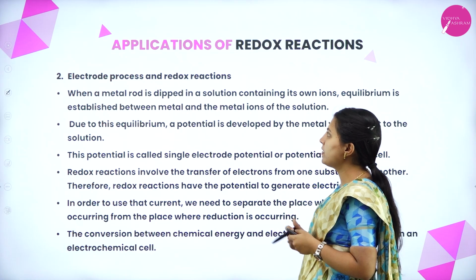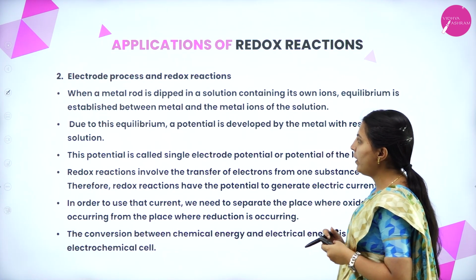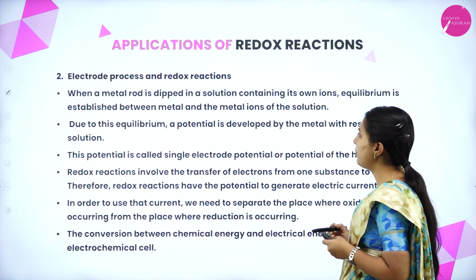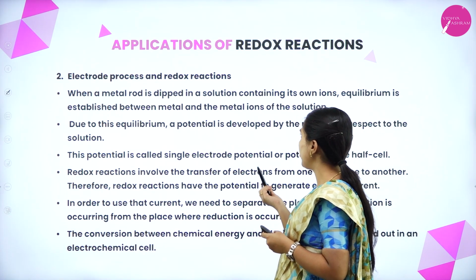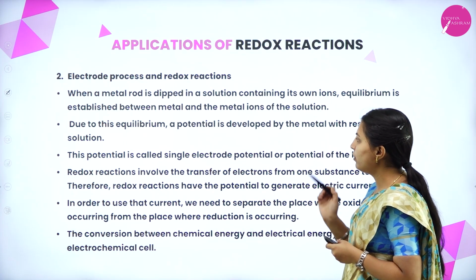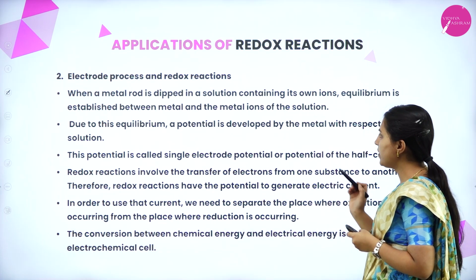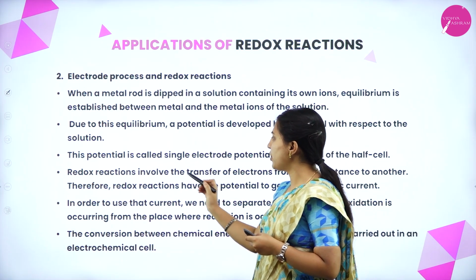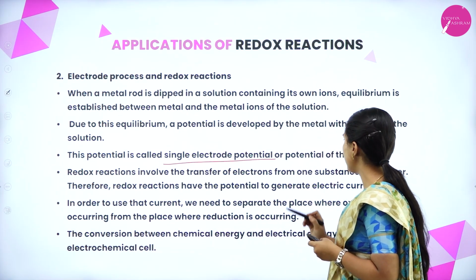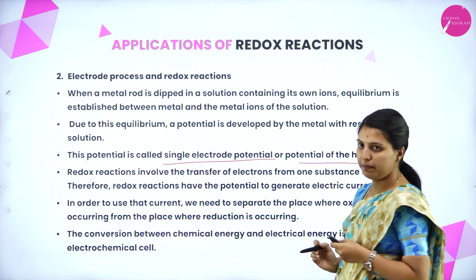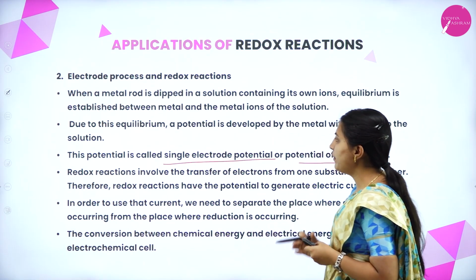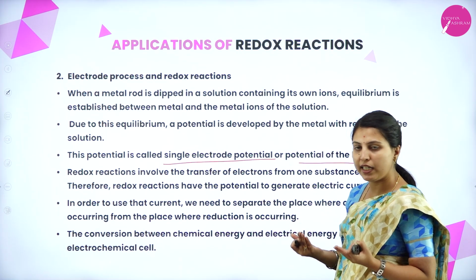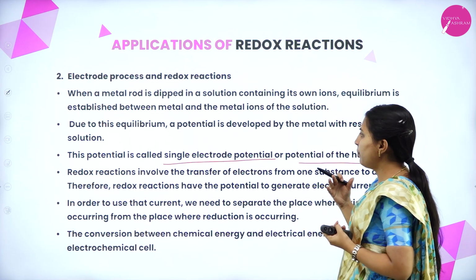Next, electrode process and redox reactions. When a metal rod is dipped in a solution containing its own ions, equilibrium is established between the metal and the metal ions of the solution. Due to this equilibrium, a potential is developed by the metal with respect to the solution. This potential is called single electrode potential or potential of the half cell. Between the metal and metal ions, the potential, nothing but energy, will be developed,